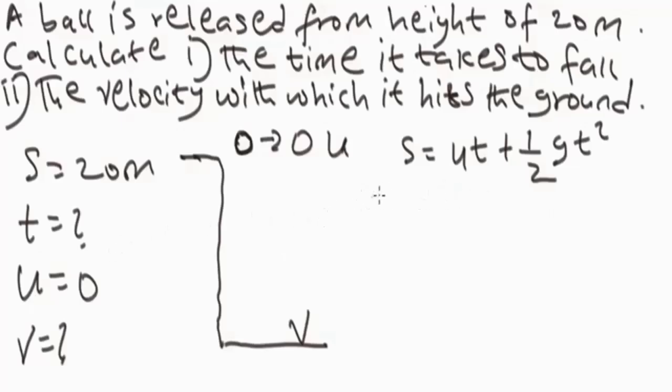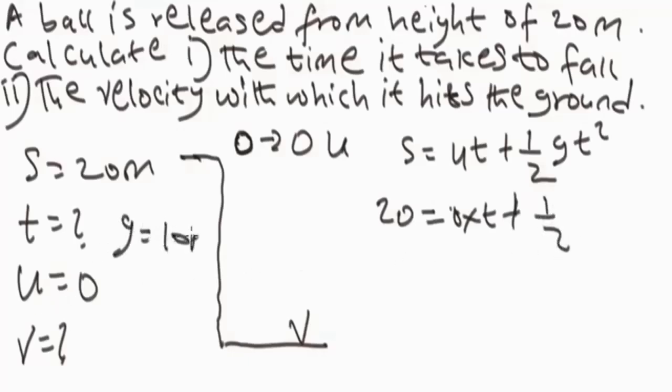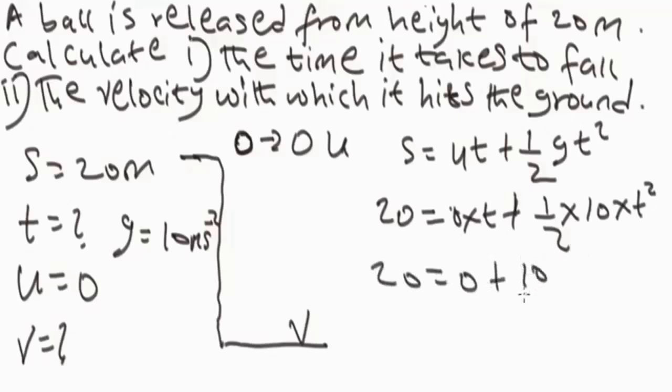Now, when you substitute the values, we have our distance, 20, equals 0 times t plus half times g. Acceleration due to gravity, g, is constant, which is 10 meters per second squared. So when you substitute it, you're going to have half times 10 times t squared. When you simplify this, you have 20 equals 0 plus 10t squared. So when you simplify it more, if you cross multiply, you have 20 times 2, 40